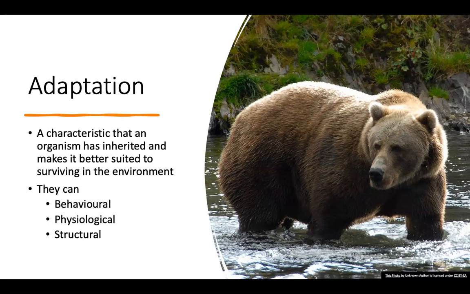And if we use the grizzly bear as an example, a behavioural adaptation of the grizzly bear could be around its hunting habits or when it tends to accumulate as much food as possible. A physiological adaptation could be to do with the way that the bears hibernate, and they go into that state after they've had the behaviour of eating a lot of food and then finding somewhere like a cave, for example, to hibernate for the winter. And then a structural adaptation could be things like their fur or their paws or things that have helped them to survive in that environment, which can be quite harsh and cold at times.